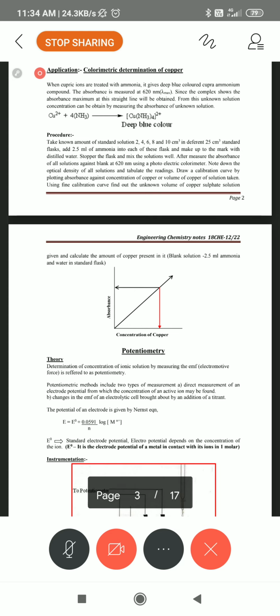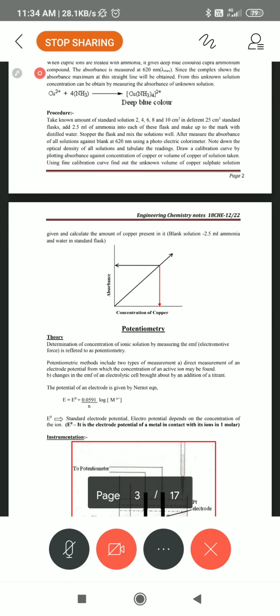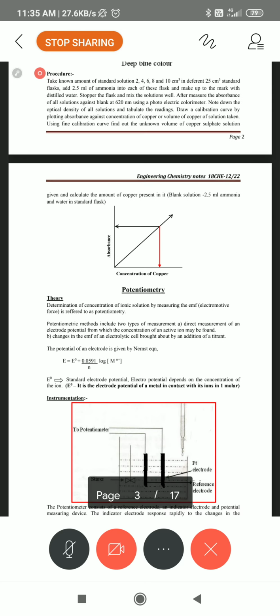Immediately that 100 millivolts of potential becomes 120, at the time you are adding the 0.5 ml of sodium hydroxide. Next, again you blow the solution, add 0.5 ml of sodium hydroxide, then blow the solution. You see the potential, that is 140 millivolts. You add again 0.5 ml, that is 1.5 ml burette reading. At that time the potential is 140. Like that you add 0.5 ml. In the second column, 20 millivolts, 20 millivolts keep on increasing.